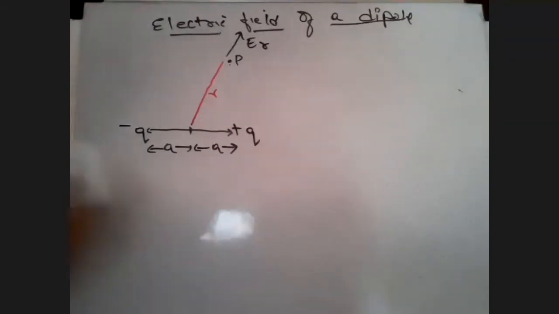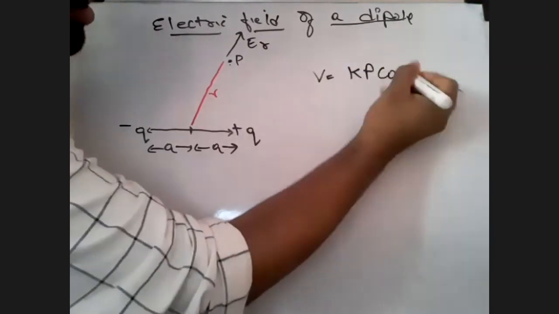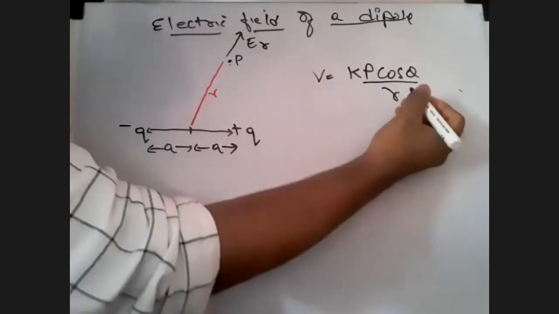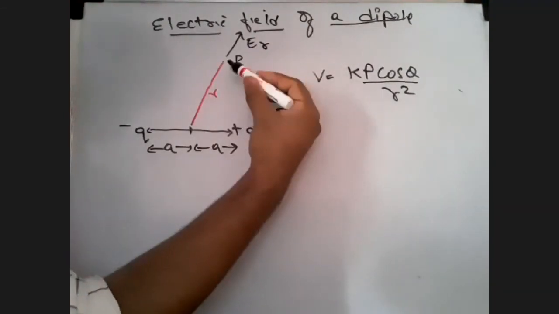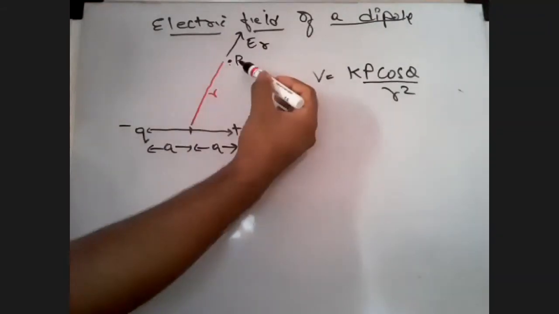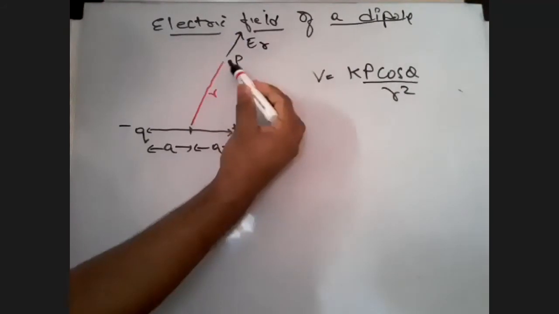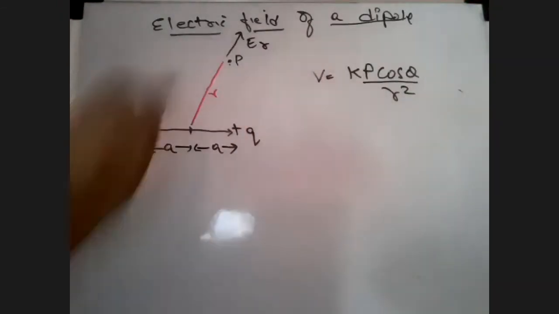What is the potential formula we just found out for the same thing? V is equal to Kp cos theta upon R square. Did we find this? Yes. Listen to me, it's nothing tough. I'm telling you to find the electric field intensity at this point P. Consider this entire thing as a system of charge. In what direction is this system of charge going to be towards point P? It's going to be in radial direction towards P.